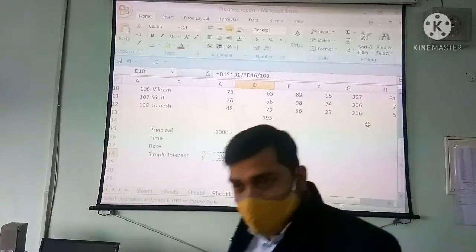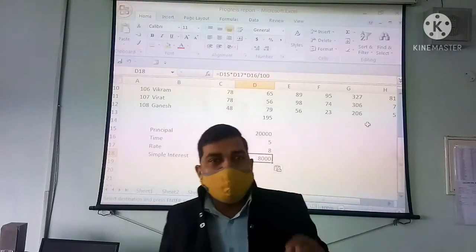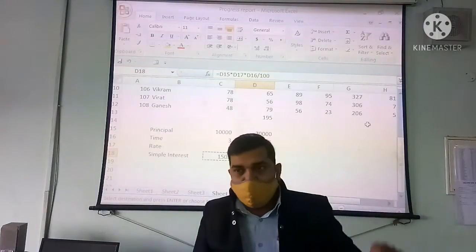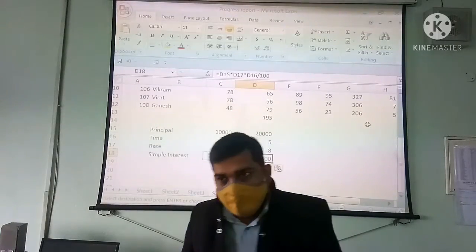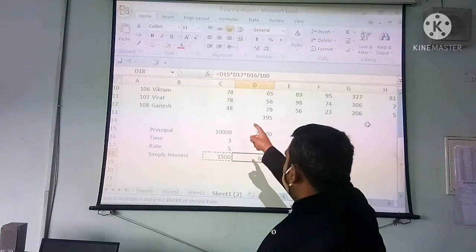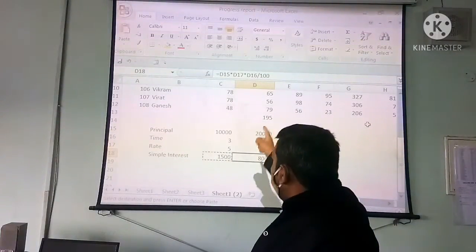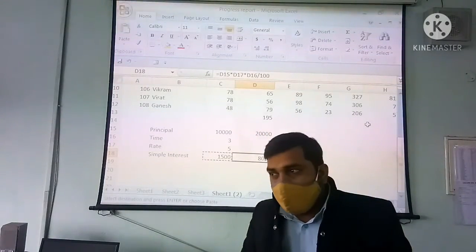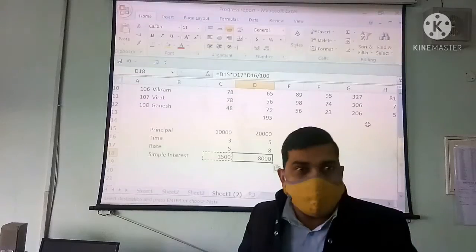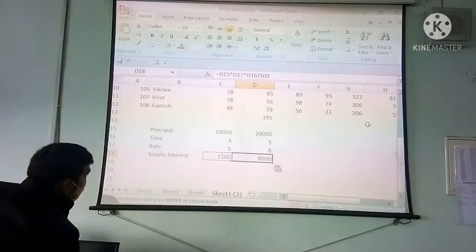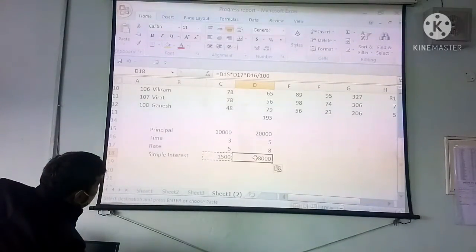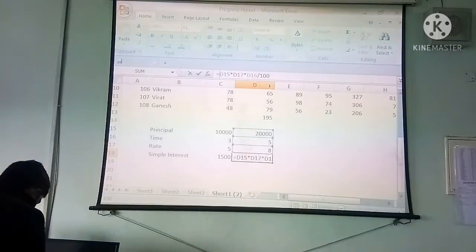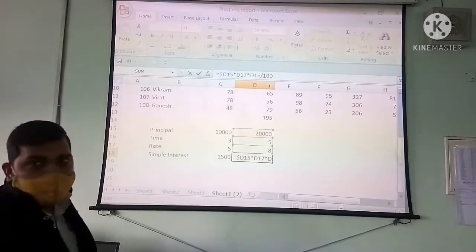If you don't want to change this value, we have to put the dollar symbol before the column name and the row name. So if you put $D$15, this address, this reference will become absolute. So when I copy and paste, its value is not going to be changed. Now see, I am going to make this address an absolute one. So here in this address what will I write? Dollar. Before the column name we put the dollar, so it will become constant, static. Its address will not change.